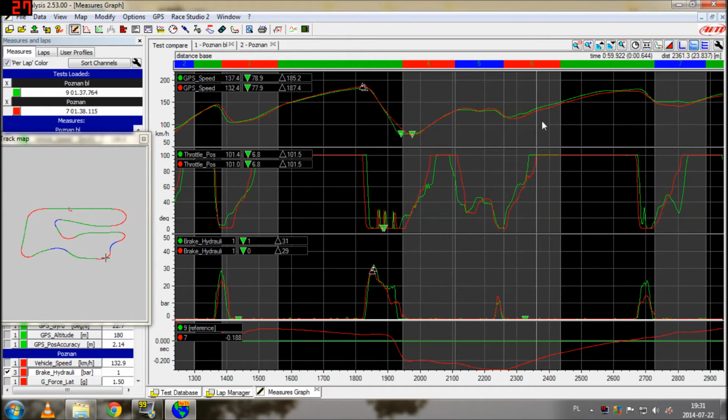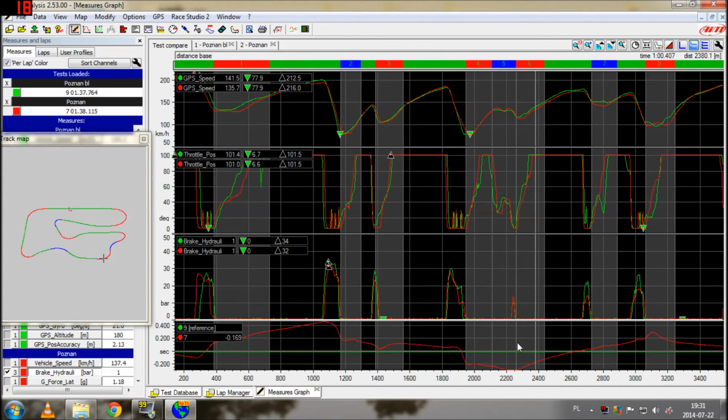And what happens? Look at the speed he carries exiting the corner. Even though he lost here in this section, it's slow in, fast out. He carries more speed on his quicker lap, plus he is early on the throttle, and you can see that